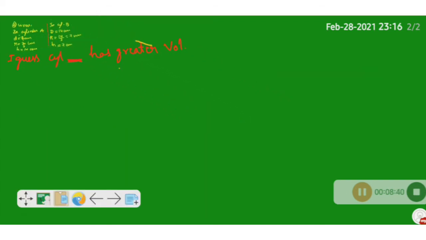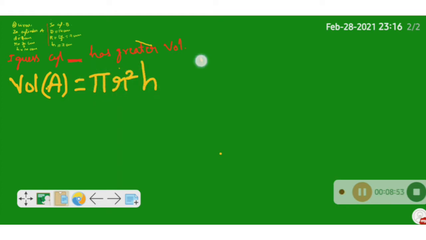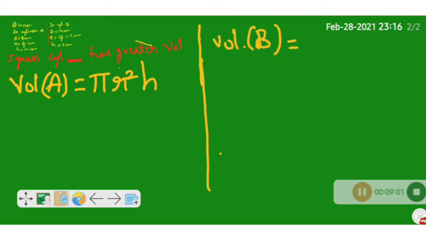So I'm reducing its size so that I can find the volume. First I'm writing volume of cylinder A, and the formula is pi r square h, and beside it I'm going to find the volume of cylinder B also. For this, I will take the dimensions in capital letters as I have noted: pi capital R square capital H. Same pi r square h only. Now substitute the values.